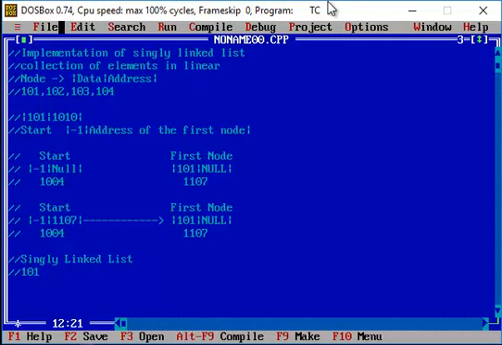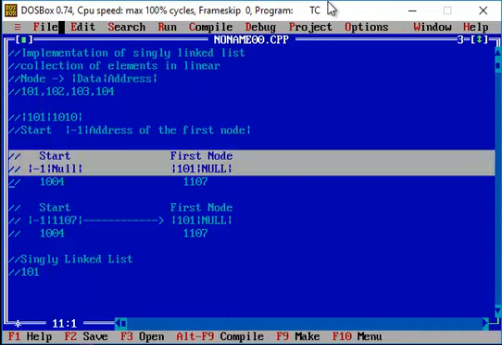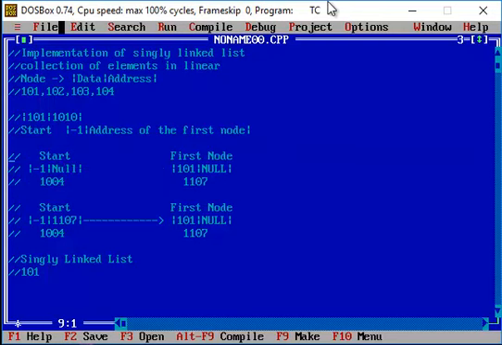Initially we have created the respective nodes, the start node as well as the first node, and while creating the linked list, I refer to the first node's address in the address field of my start node.